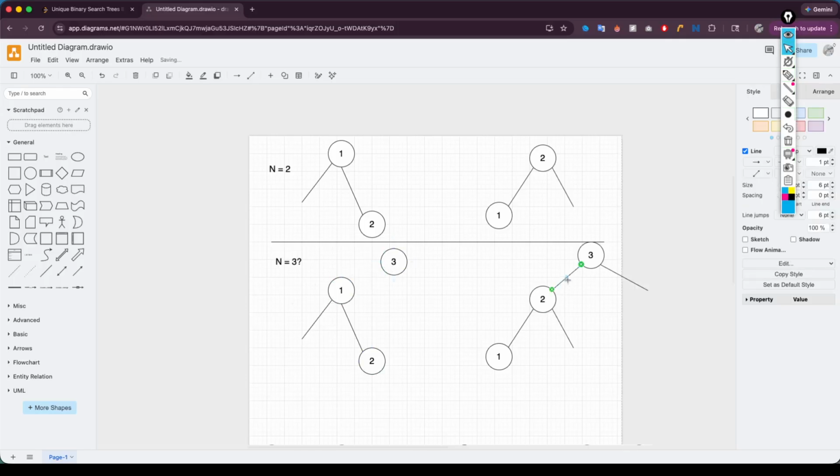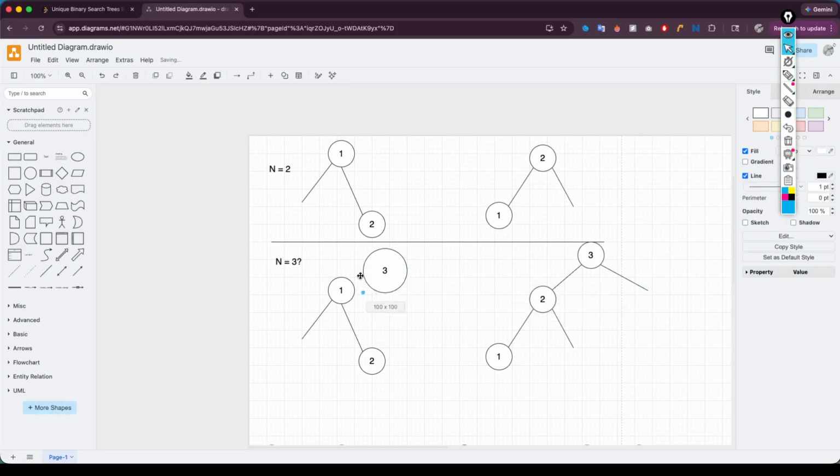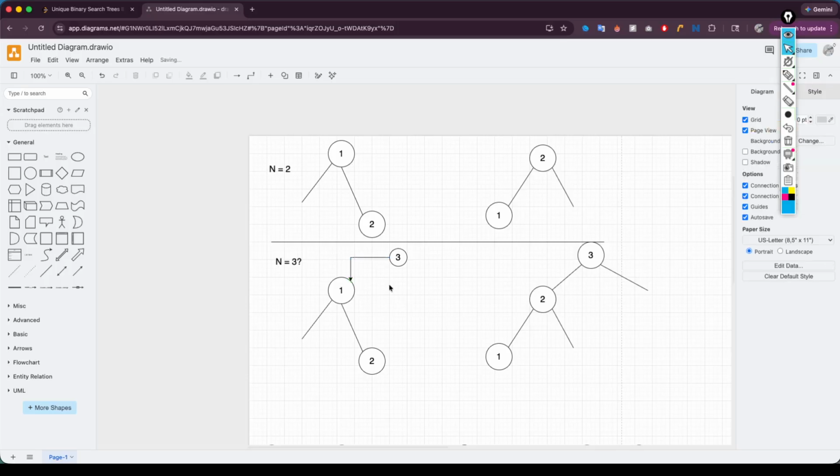We're gonna just connect 3 with 1, and that's all for